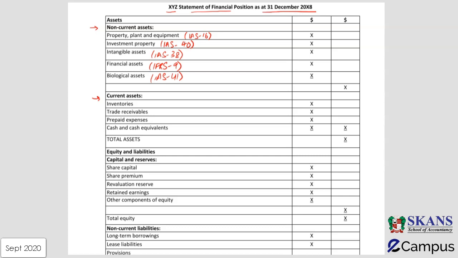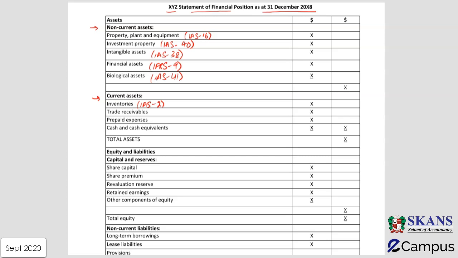So current assets, by definition, are the assets which are going to be converted into cash within 1 year from the reporting date. The first asset in this case is inventories. Once again, there is a separate standard which tells us about the accounting treatment of inventories, which is IAS 2. In IAS 2, we will study how we can calculate the closing figure of inventories, and we say that one part of the double entry is reflected in the statement of financial position in current assets. So this is how it is shown.